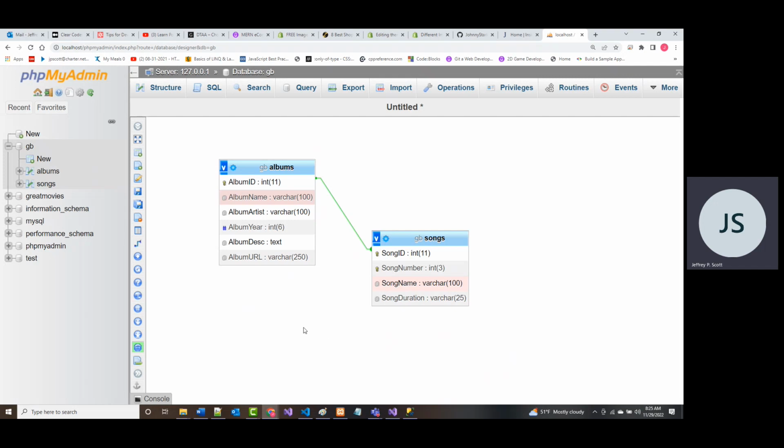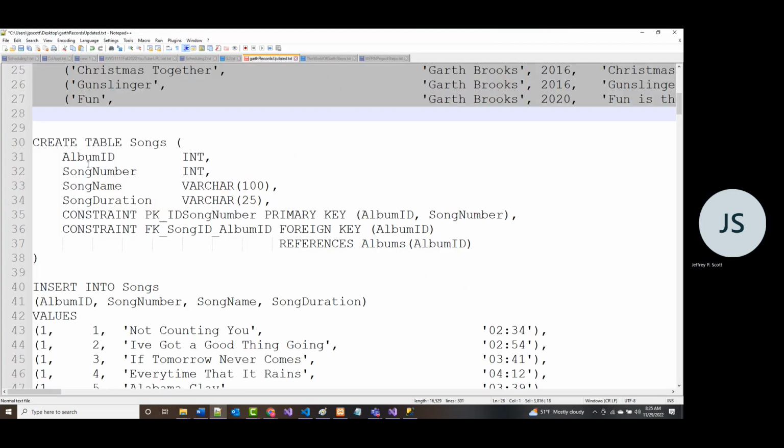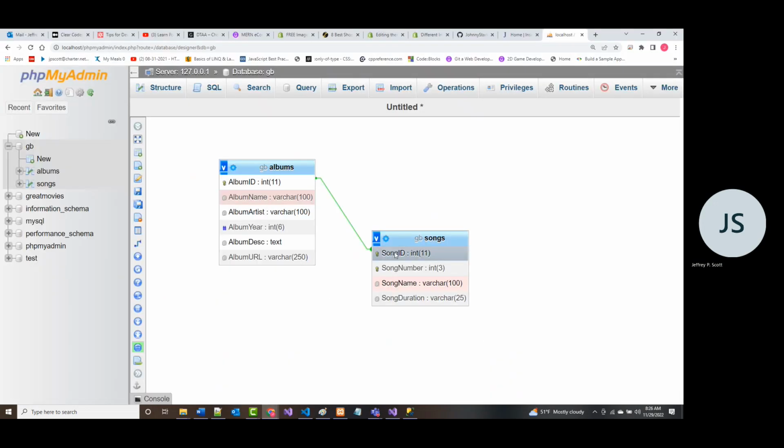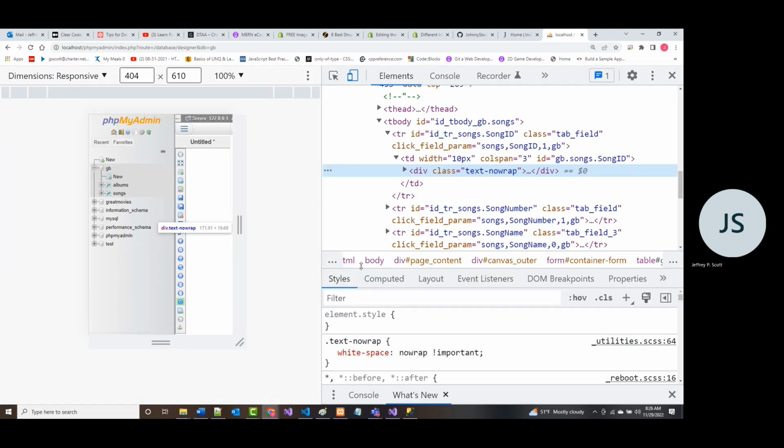And you'll notice that what we have in here is, let's see, I've got song ID and album ID. I don't know if I goofed that up or what, so let's look. Well, for some reason that one should be called album ID and it's not. But the point is this. Let's see if I can even change the name of that. And of course, it's not letting me.